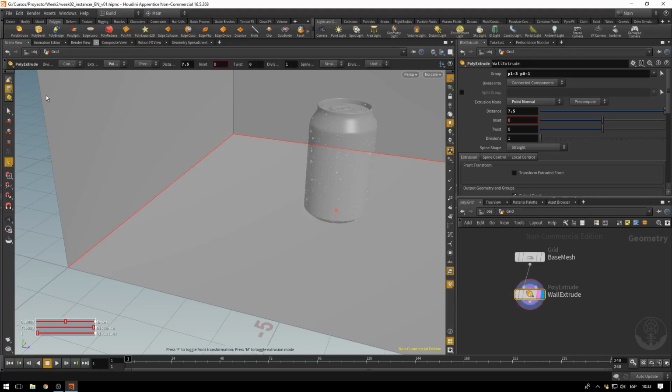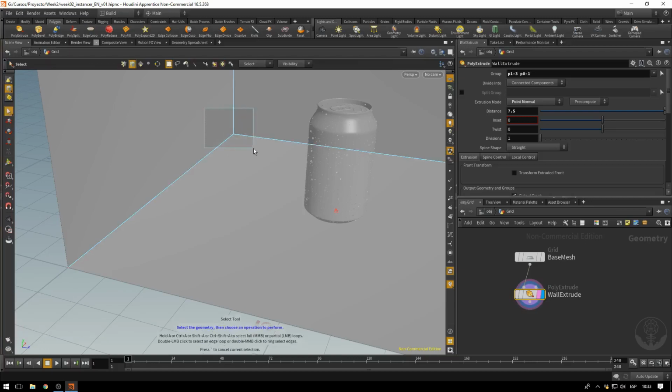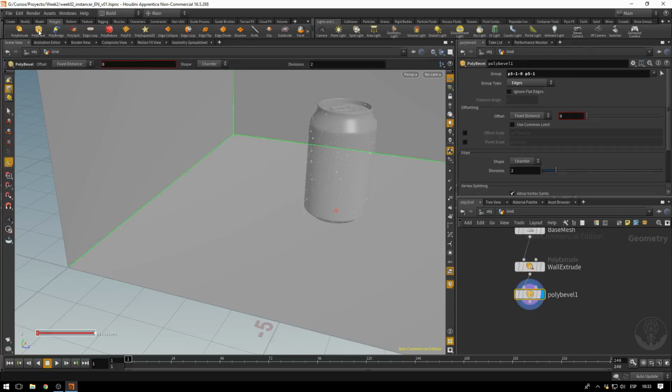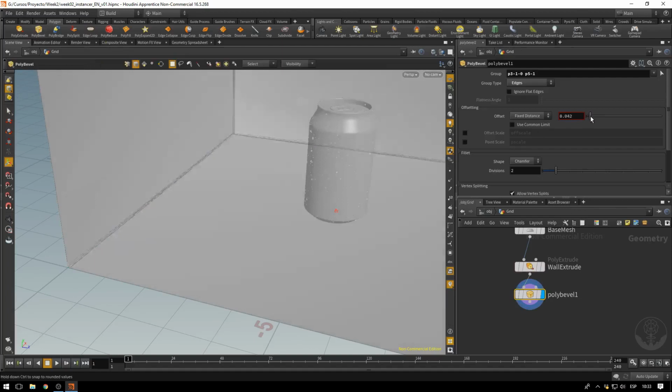And what's next? Let's select again the three components now, and let's make a poly bevel. If we set up the offset, you can get the amount of bevel, and down here in fillet you can set up the divisions and also the mode, the shape. I think that a round would work good, so we get some nice curvature down here. We can probably add a couple more divisions